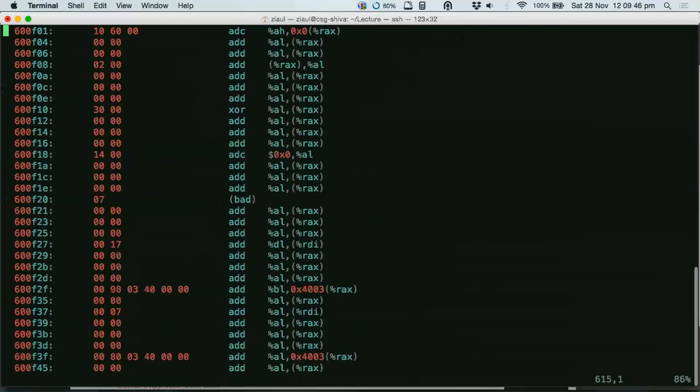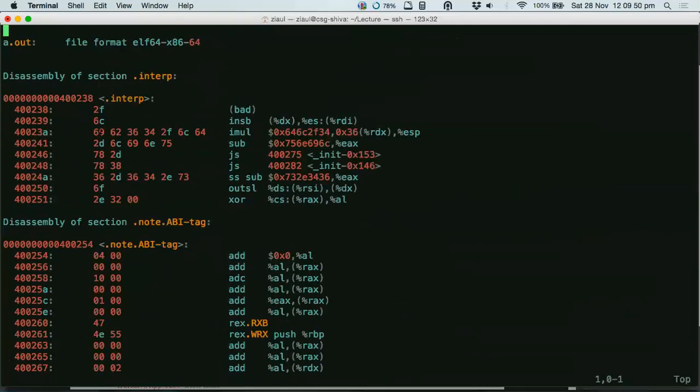There are 3 columns here, 2 in red and 1 in blue. If you just look at the middle column, all you can see are numbers, right? You can see a 2F, a 6C, then 2D, 7, 8. All these numbers in the middle column are what your CPU sees. This is how your instructions go to your CPU. They are simply a bunch of numbers. That's all.